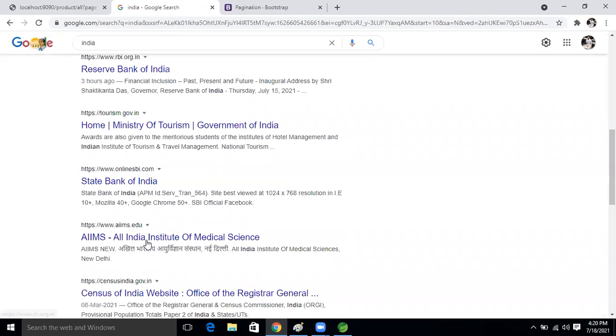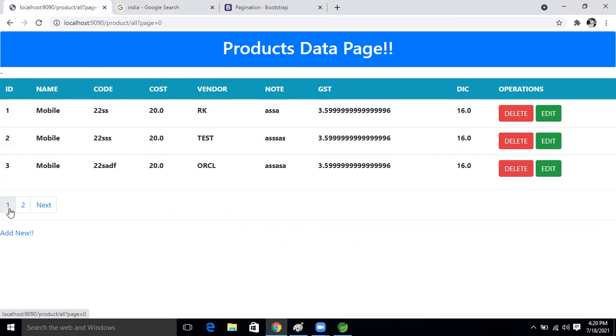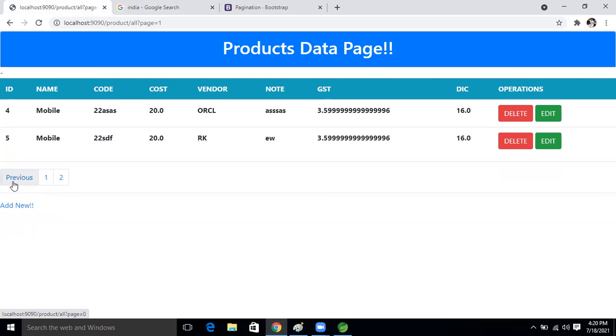See this. Now go down. Previous is there, right? Yes. Come on, everyone, give the reply. Yes, sir. So same thing, right? Here we are on the first page, so the previous button is not there. If you go to the second page, previous comes, right? It's fine. Okay, so now one more thing.